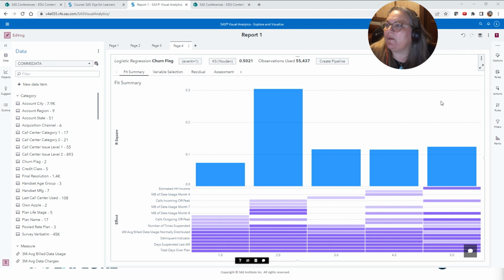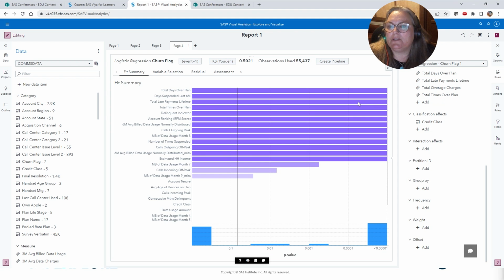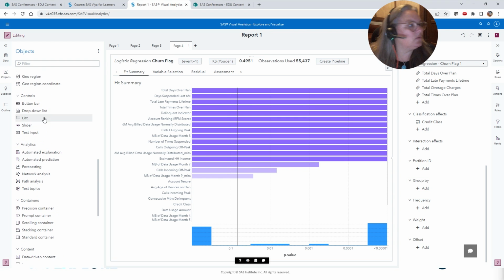Okay, I'm going to go ahead and remove that cluster, and I want to show you one more thing. So as a viewer, you may want to add in some controls, and we saw them over here, but we didn't really use them.